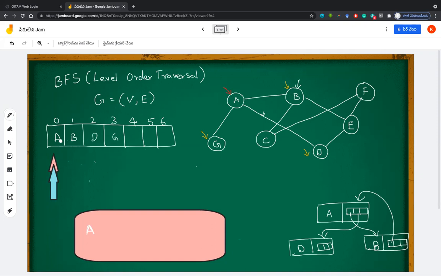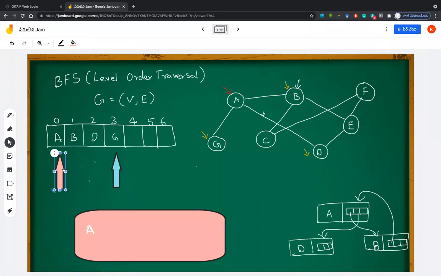Now let us look into this. When A is in the queue, it is printed, and the later versions B, D, G have also been given. So there is no need for us to go into A again, right? We have finished work with A. Of course I need to increase the rear also, right? The rear will be here. Then I need to increase the front. It's your wish: when you increase the front while deleting from the queue, you can print A, or you can print A before that.